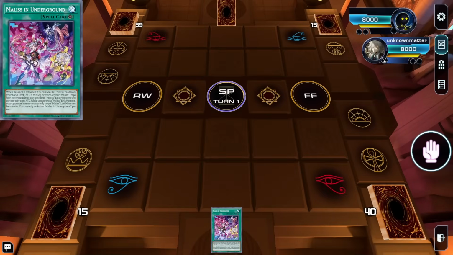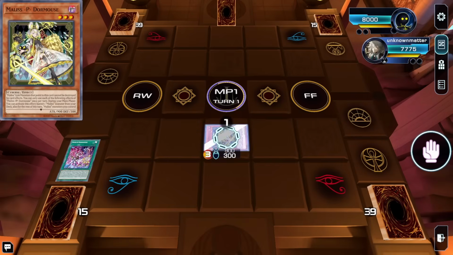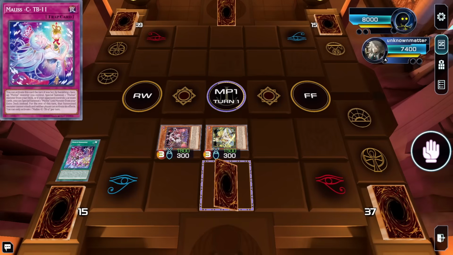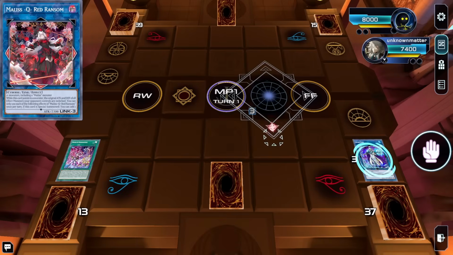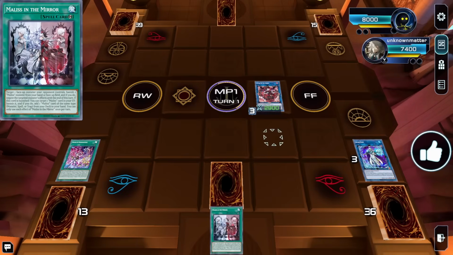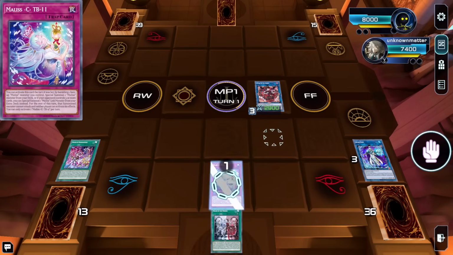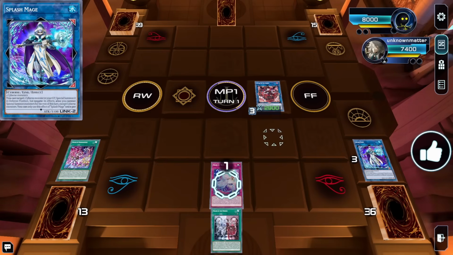So if your only starter is Underground, you're going to use Underground, banish Dormouse, Dormouse to banish White Rabbit, and then White Rabbit, in this case, will set your TB11 instead of your GWC06, and Splash Mage is going to go ahead and summon Dormouse, and we'll make Red Ransom. Since we already went through Underground, we are just going to search our Malice in the Mirror here, and then we have no choice but to go ahead and flip our TB11 to banish our Red Ransom,